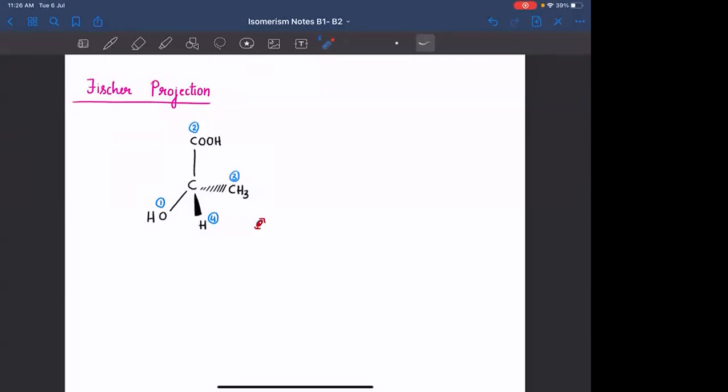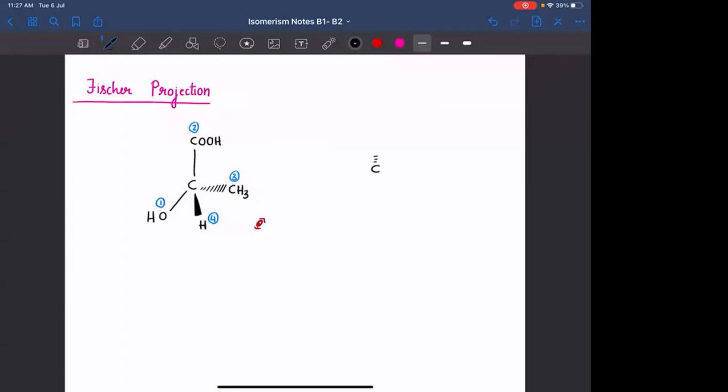So I will be projecting this and representing this molecule as, everyone understand this? You are having, see this, two bonds coming towards you and two bonds going away from you. I hope that is clear. The bonds on the horizontal line will be coming towards you. Agreed? This is a plus sign.